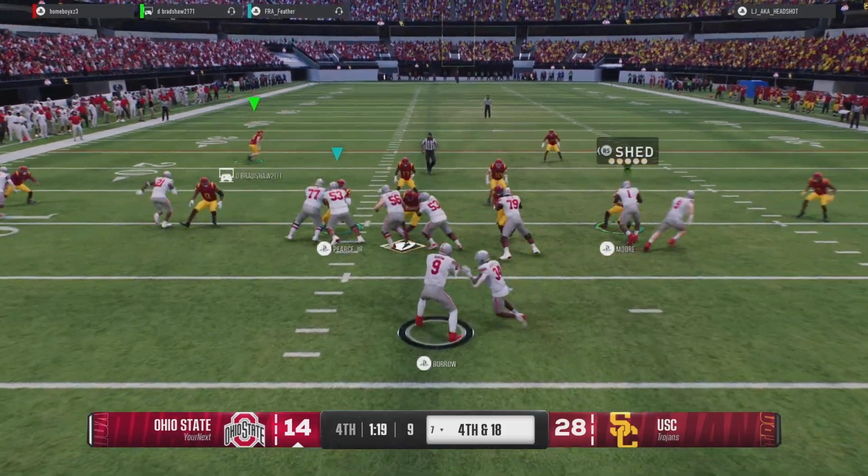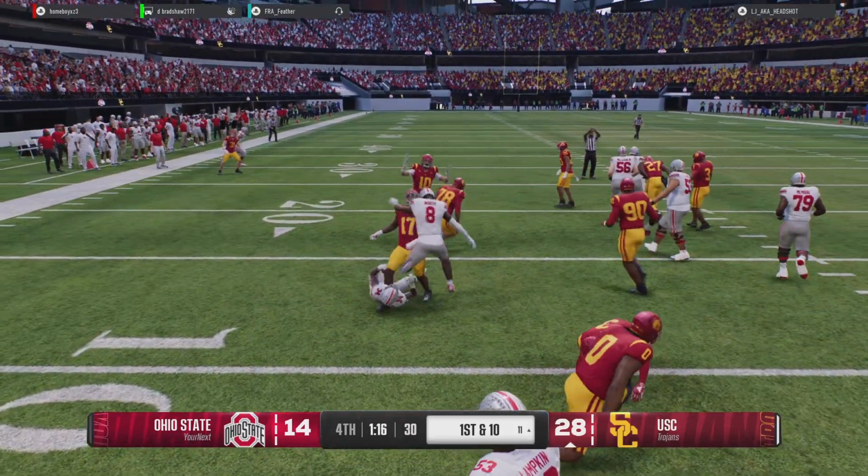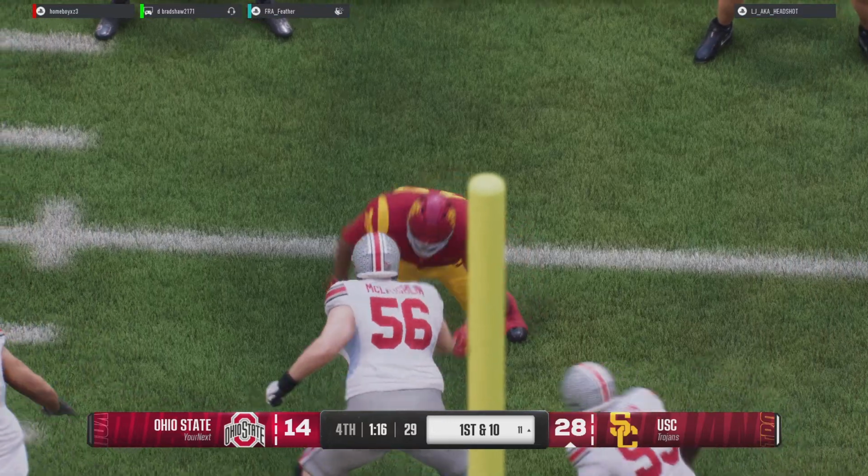They'll go for it on 4th down. They'll try it on the ground. He is stopped short of the line to gain. The 4th down try goes awry, and that might just be